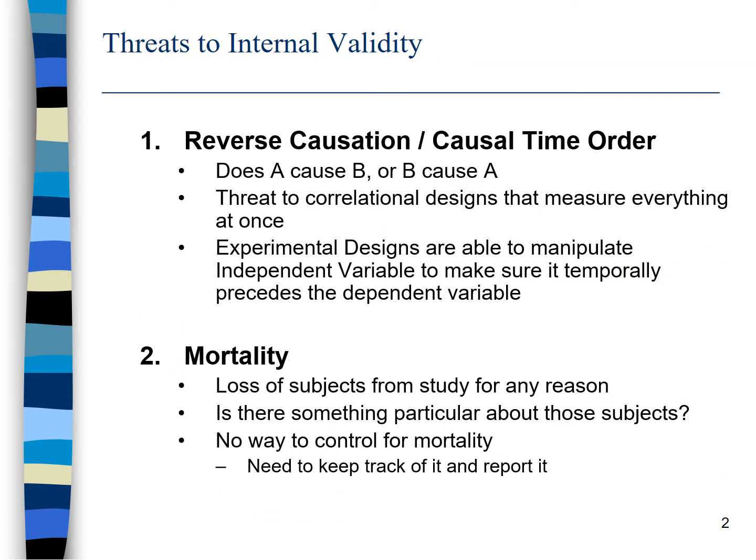All right, the first 2 of the 6 threats to internal validity we're not going to spend a lot of time on. We've talked a little bit about these in other instances throughout this course. The first is reverse causation. And you saw this, I think, in our last slide when I introduced experimental studies. That's the idea that sometimes we think, does A cause B, or is it possible it's the reverse, that B causes A? And I think the example that I used in a previous lecture was talking about drug use